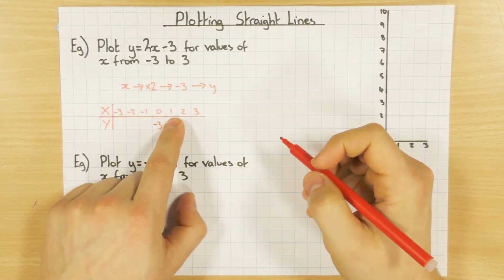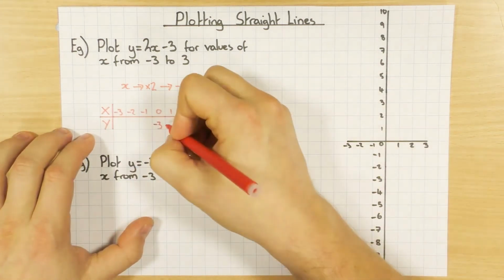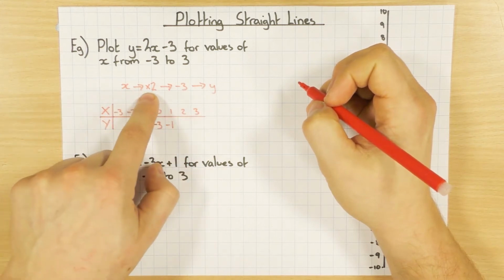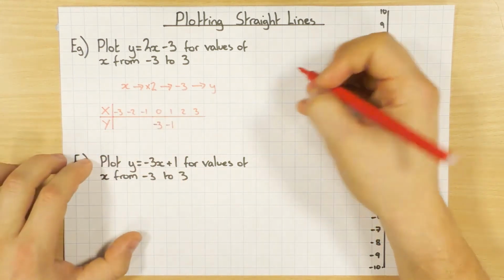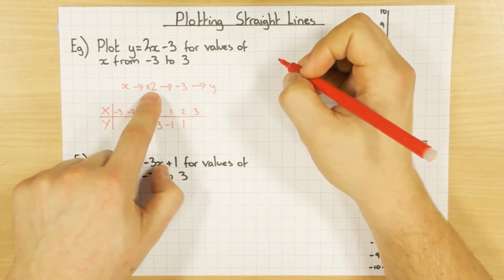Start off with x, I'll now do x equals 1. So 1 times 2 is 2. Take away 3, -1. X is 2, put it in. 2 times 2 is 4, take away 3 is 1, and finally 3 times 2 is 6, take away 3